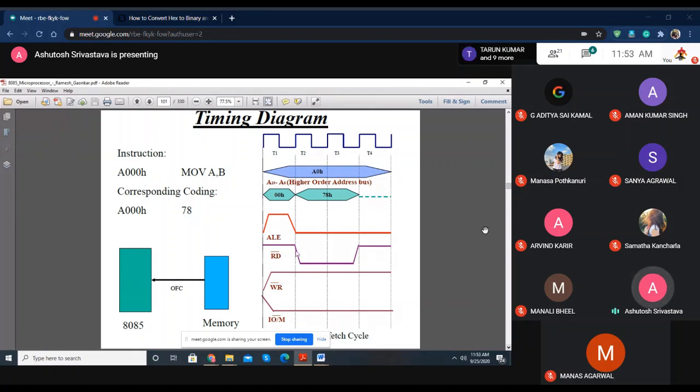So you can please note down this. Moment you're talking about, say, what does 78 mean,